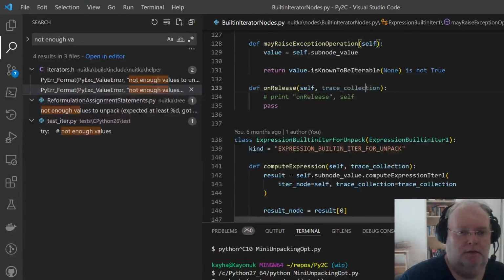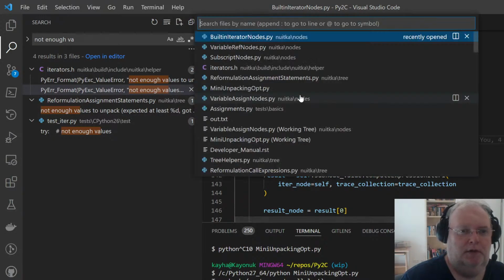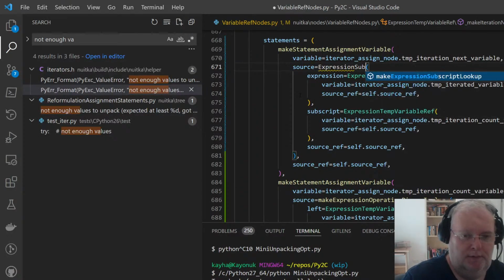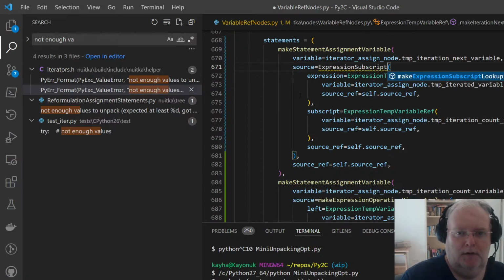Built-in expressions for unpack. Expression subscript for unpack.